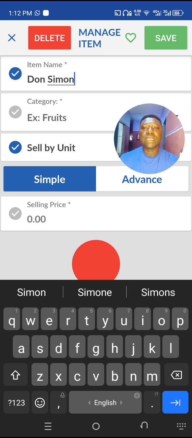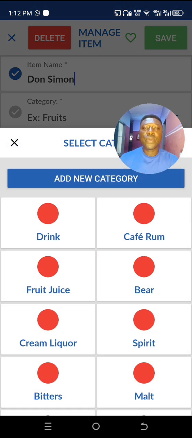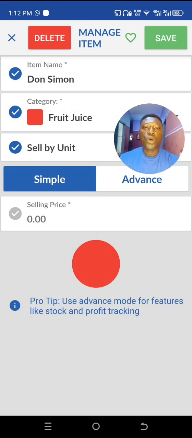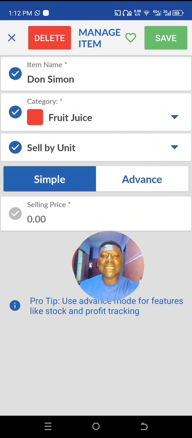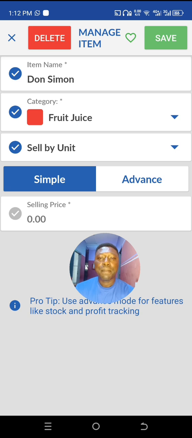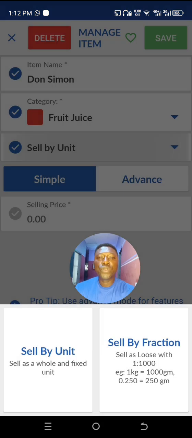Good. Now enter the category. So the category, we click on it. If our category is not in the list, we create a new one. If it is, we look: drink, coffee, rum, fruit juice. Oh, Don Simon falls under fruit juice, so we select fruit juice. Automatically sell by unit is ticked. We want to sell by fraction, so we click on it and we have the option to select sell by